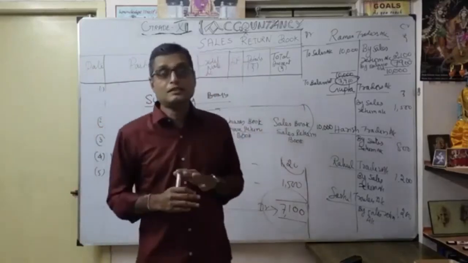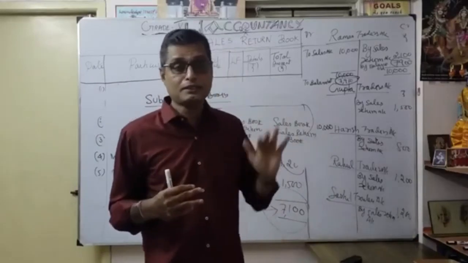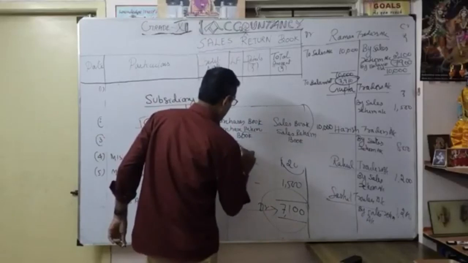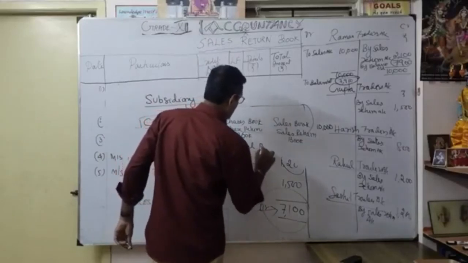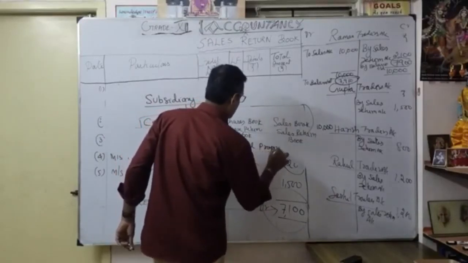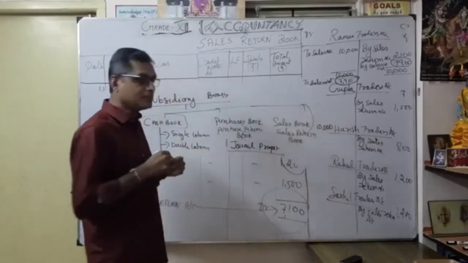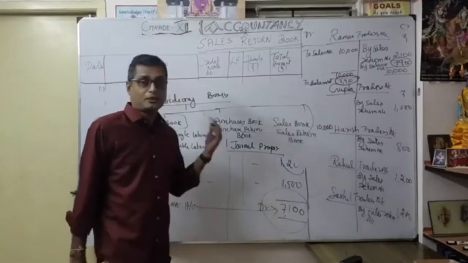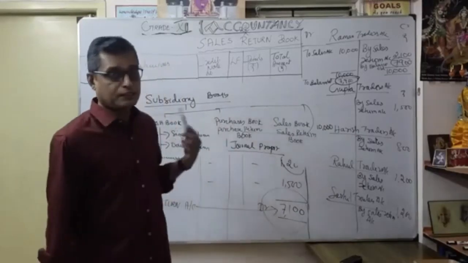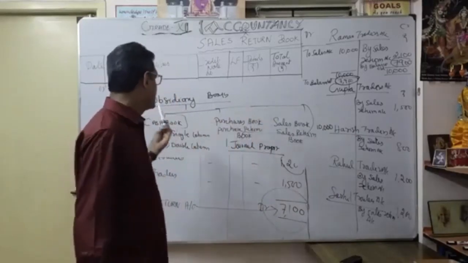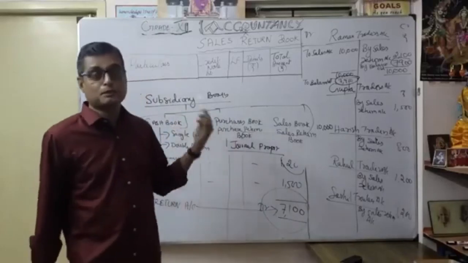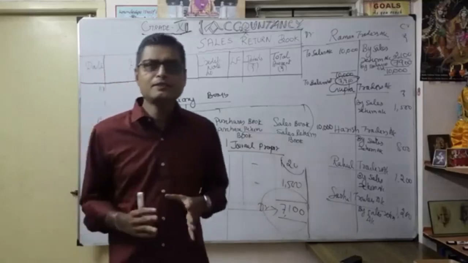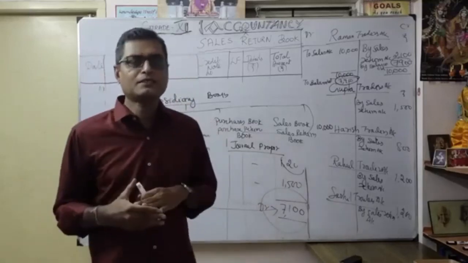The final one in the next session is another very important type: the journal. We are going to discuss five classifications there. That is very, very important. Finally, according to our recording of transactions, under the subsidiary books, which are nothing but special purpose books, the exact final one is the journal proper. That is very, very, very important. We will discuss it in our next session.